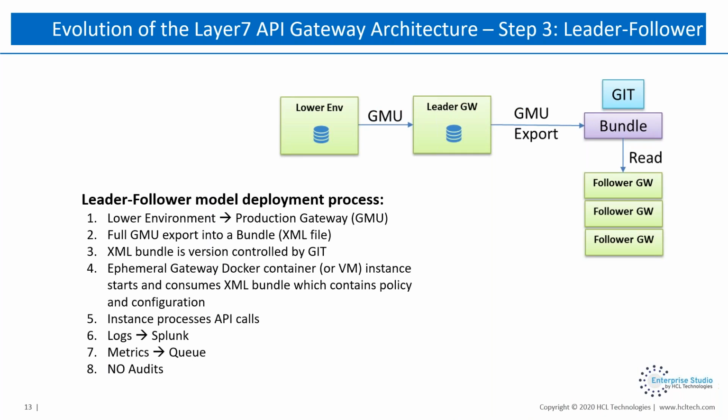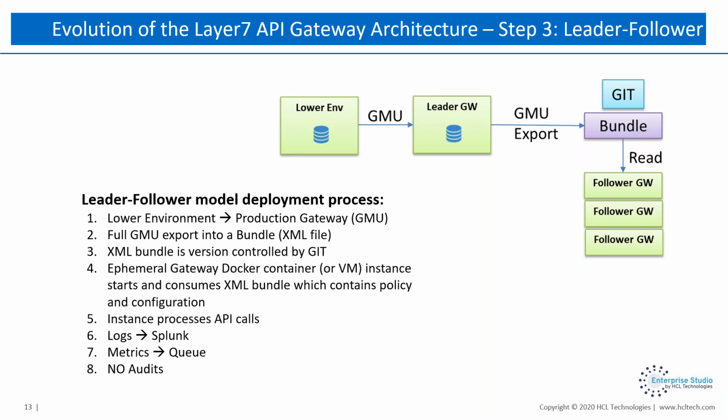So how do we do this? We called it, or somebody called it, the leader-follower model. So what does it do? You come from a lower environment and you push all changes and services via GMU to what we call a leader gateway. It's a non-processing node, like a dev environment. Just a simple database, and it doesn't have to process any traffic. It's just there to